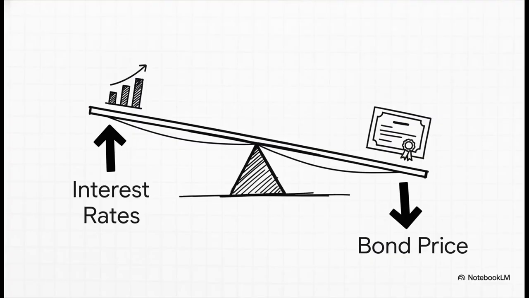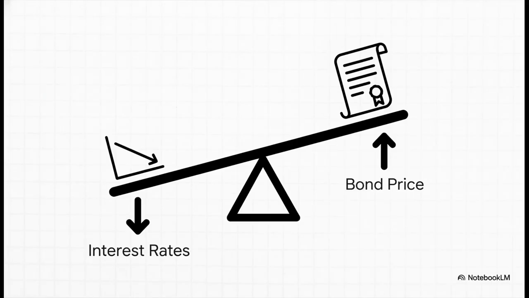Okay, there is a simple seesaw relationship between interest rates and bond prices. It's super important. If interest rates out there in the economy go up, then any new bonds being created will have to pay that higher interest. Suddenly, your older bond with its lower fixed payment looks less attractive, right? So its price has to fall to compete. And as you'd expect, the opposite is also true. If interest rates fall, well, now your existing bond with its higher locked-in interest rate looks like a fantastic deal. More people will want to buy it, and so its price goes up. It's a core concept for any bond investor.